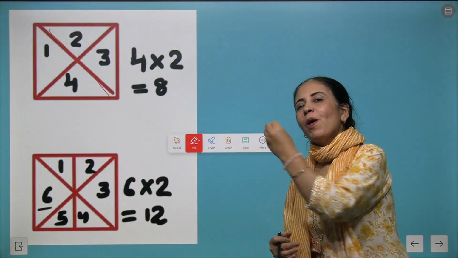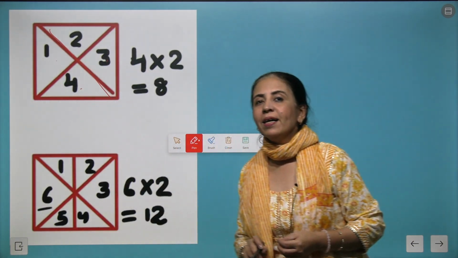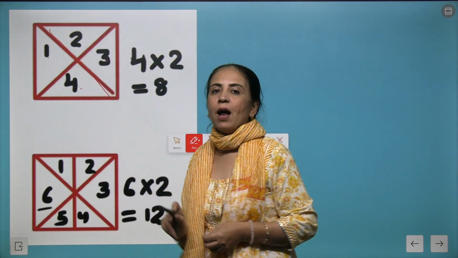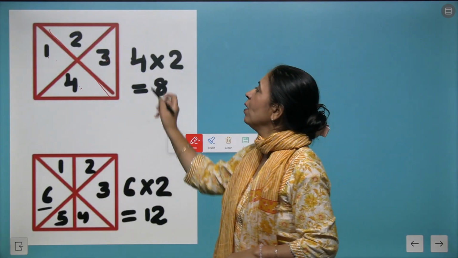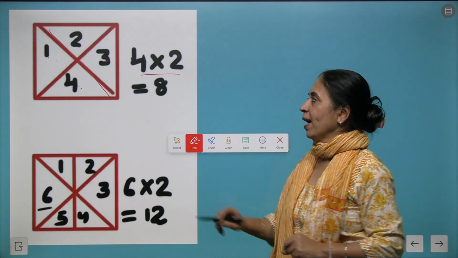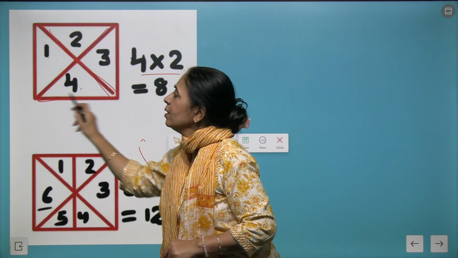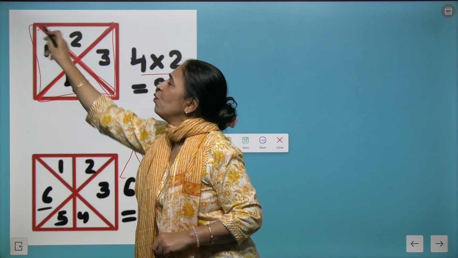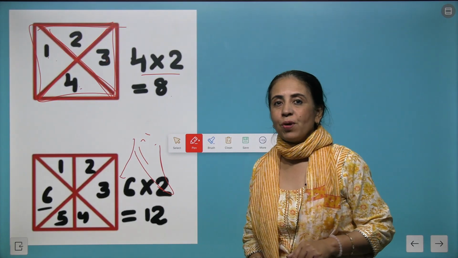Now moving further, we talk about the number of triangles in a square. Now again I am going to give you a beautiful trick here. If you want to count the number of triangles in this square, we'll first write down the numbers 1, 2, 3 and 4. And don't say we have 4 triangles here, but we will multiply 4 with 2 and in all there are 8 triangles. Let's check how. One triangle is here, another triangle is here, the third one is here, and the fourth one comes here. So 4 times 2 makes 8 triangles.